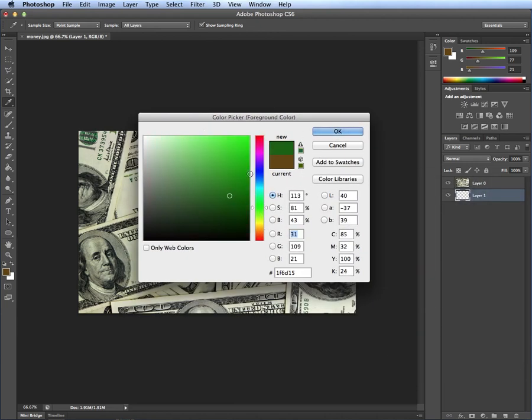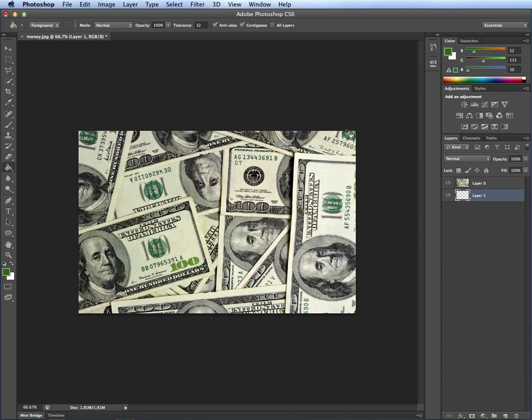I'm going to look for a hunter greenish, something you could even pick out of here if you really wanted to. But I'm looking for more of a hunter green, something deep and dark, not too dark like that. Something between Kelly green and hunter green. So there it is. And then I'm going to fill my entire background